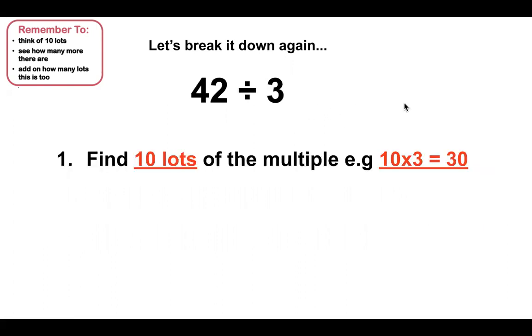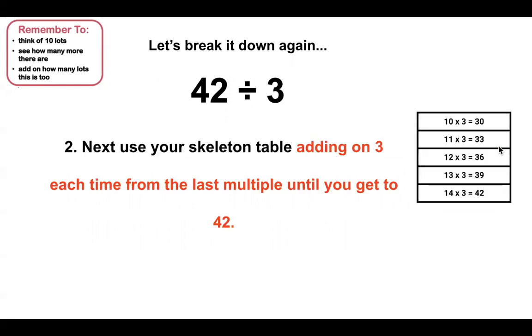Let's look at dividing by 3 again. First, find 10 lots of the multiple we are dividing by. So we're dividing by 3 this time, so we need to find 10 lots of 3, which give me 30. Next, put that into a skeleton table, adding on 3 each time from the last multiple until you get to 42. So starting at my 10 lots of 3, which are 30, adding on 3 each time until we get